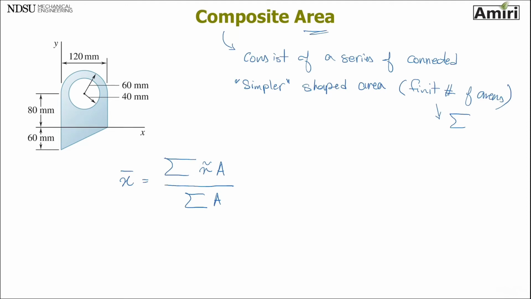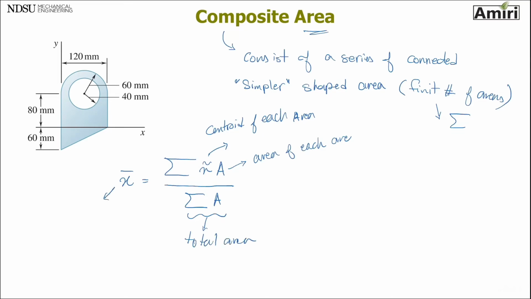So this is the centroid of each area, and this whole thing would be the total area, and therefore this would be the centroid of the entire area, the composite